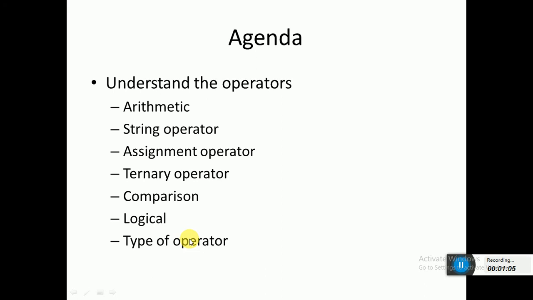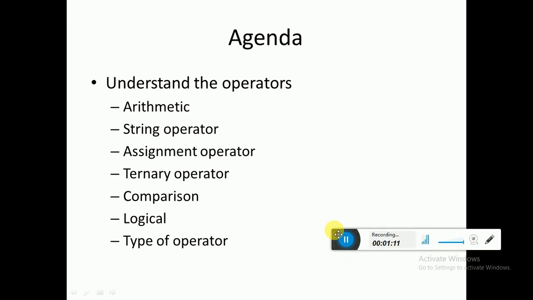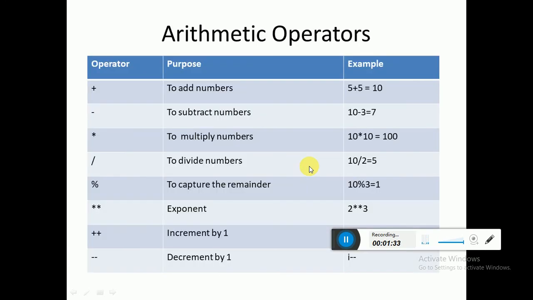Now if you are familiar with other programming languages like C or C++, some of the operators are similar to your other languages. For example, we have the ternary operator. This ternary operator is functionally similar to the C language operator. As you can see, some of the operators are there in other languages as well. To start with, the first one would be working on the arithmetic operator.